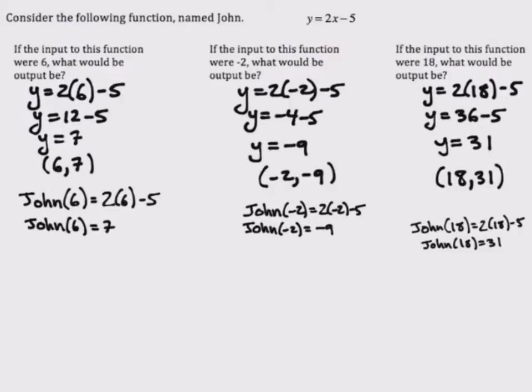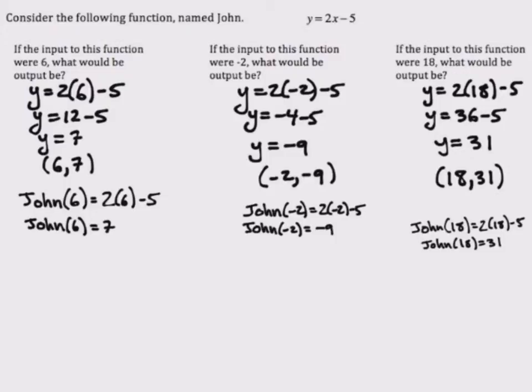Each of these statements at the bottom mean exactly the same as what we just said. When the rule John is applied to the input 6, the output is 7. When the rule John is applied to the input -2, the output is -9. When the rule John is applied to the input 18, the output is 31. And that's exactly what function notation is. It's just another way of communicating input-output pairs to the reader, but referencing the name of the function while we're